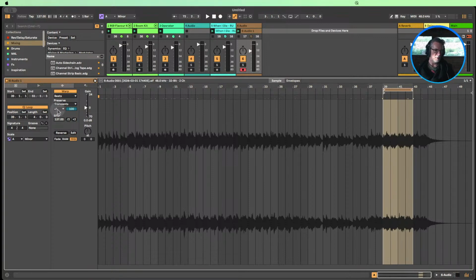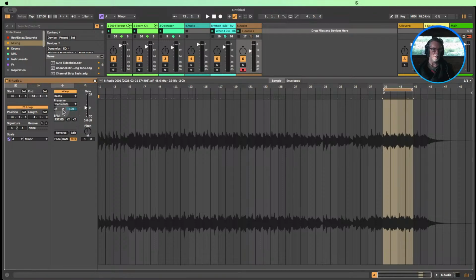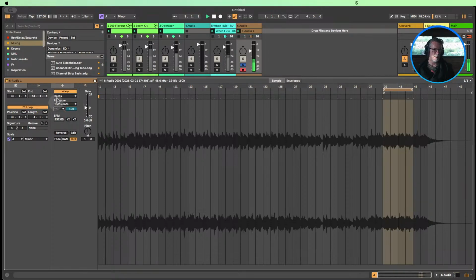You can also play around here, the sidechain or Nicky Romero Kickstart that's doing that. We could also do that another way here. A fun way to do this is to keep it in beats, even though it's more a texture layer. So we can have a listen to it on its own. And then we change the preserve transients, keep it in beats, even though it's not really beats. We change the preserve transients to this straight through arrow here. And then we go into where it says transients, and we could choose 16ths and then bring down this value here. And we can make a sequence like,